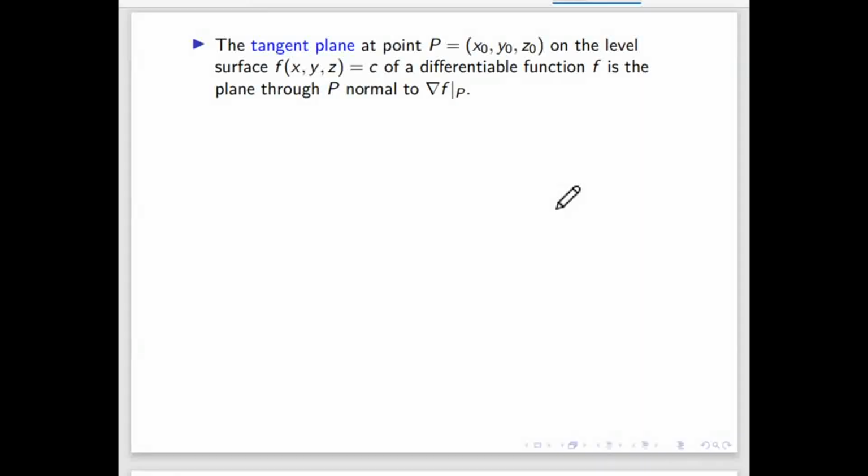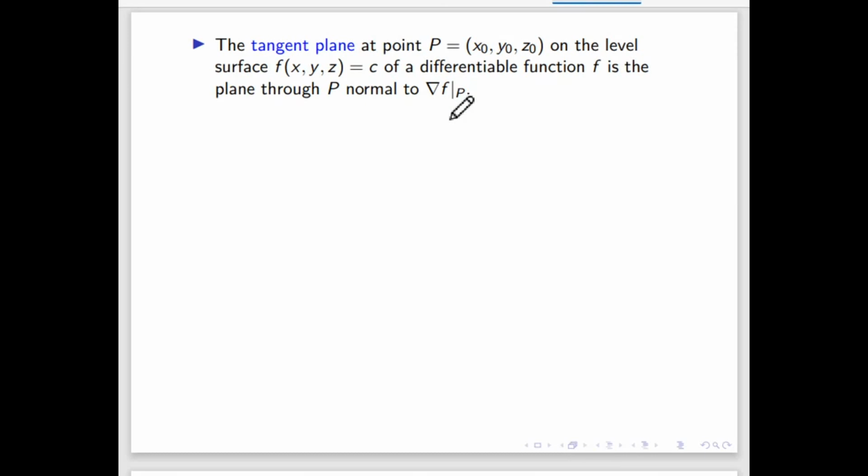So now next one is the tangent plane. Suppose point P equal to x naught, y naught and z naught is given, and the surface is given in 3D f of x, y, z equal to c. C is constant here, and that function is differentiable function. That means all partial derivatives exist here, because it is a multivariable function. 3 variables are given, x, y, z. Then the gradient of this will represent the normal to this surface. That means the direction of grad f will be the normal to this surface at point P.